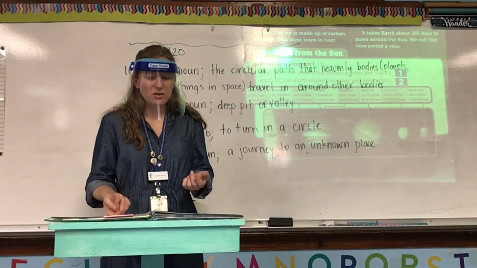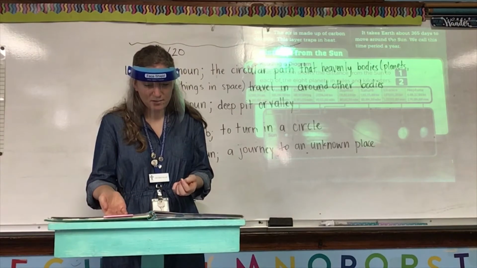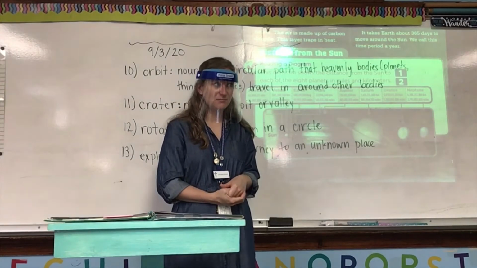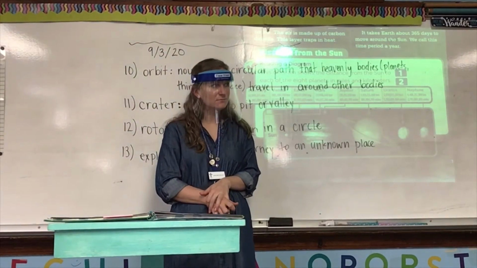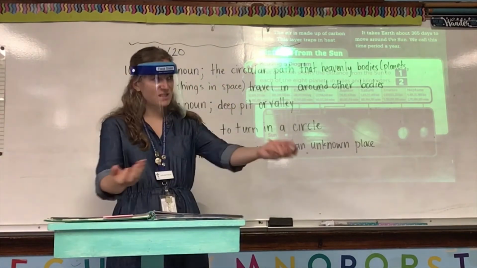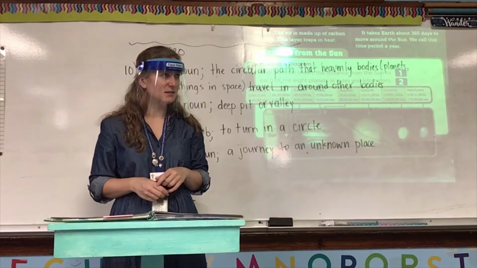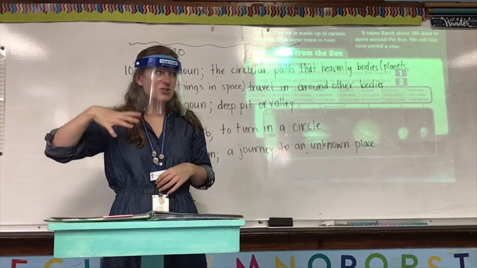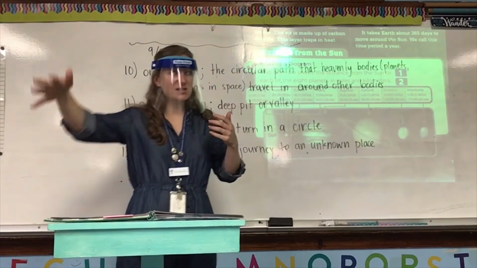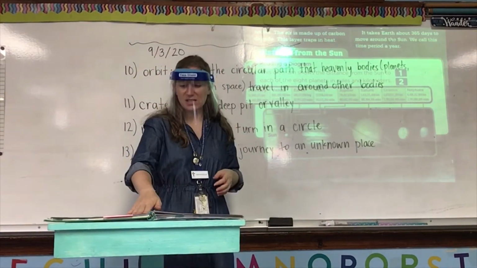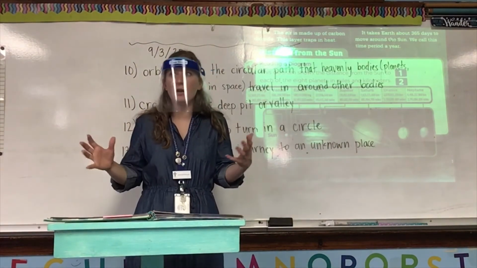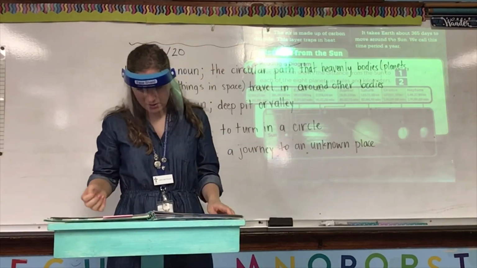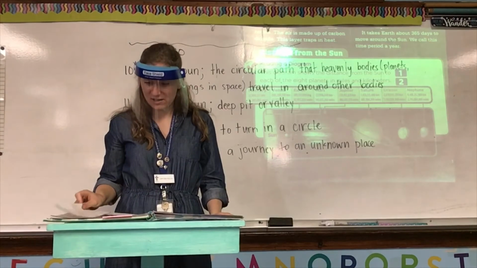But why does the carbon dioxide, what about the carbon dioxide? Is there anything else in the air, really? No. So what does the carbon dioxide do that makes it so hot? It traps in the heat. It's like when we have a cloudy day, a lot of times it's actually warmer than if it wasn't cloudy because those clouds trap the heat. Well, this carbon dioxide traps the heat even more than our clouds made up of water and oxygen and all that. So it's actually hotter on Venus than it is on Mercury.